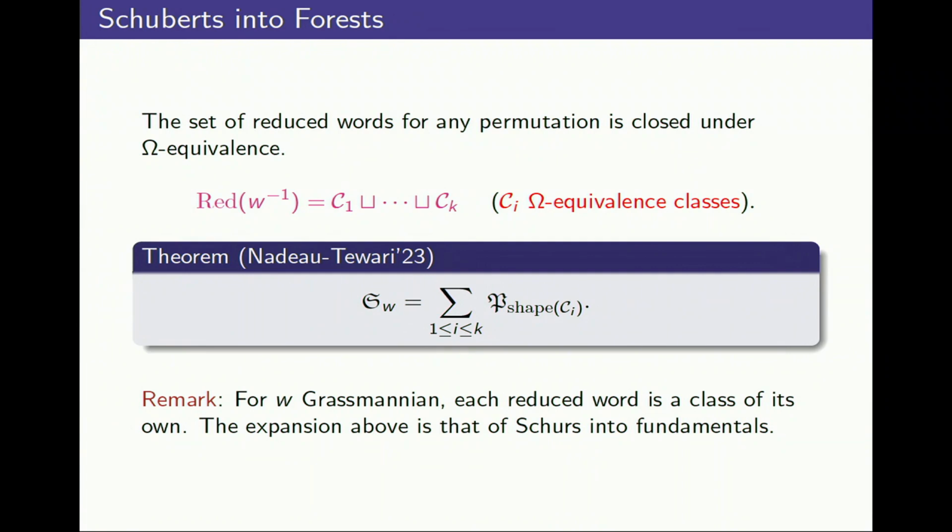And I want to add that the well-known expansion of a Schur polynomial as a sum of fundamentals is hiding inside this. Okay, so this is a generalization. If you were to pick Grassmannian permutations, your trees have this zigzag feature. So the posets that you're trying to cook up, their attached P-partition generating functions are actually fundamental quasisymmetric polynomials. So the expansion of Schur into fundamentals is a particular case of this expansion.